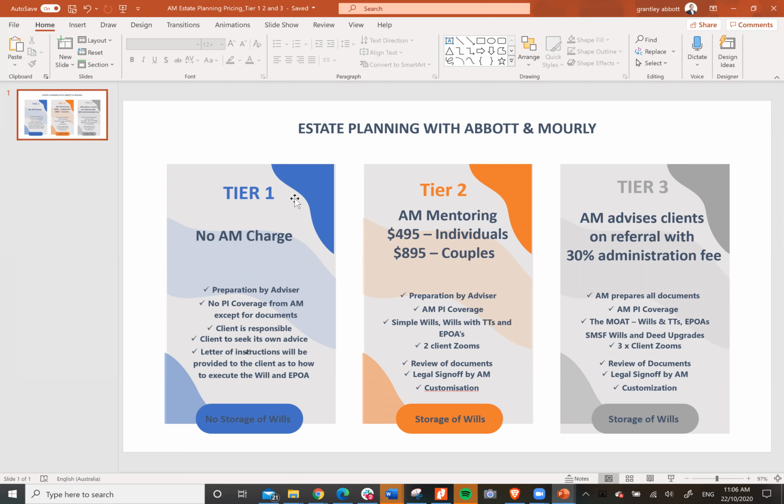Then we come back for a second Zoom where we take it through finalisation and execution. That's where we talk about legal sign-off, basically. So that's tier 2.